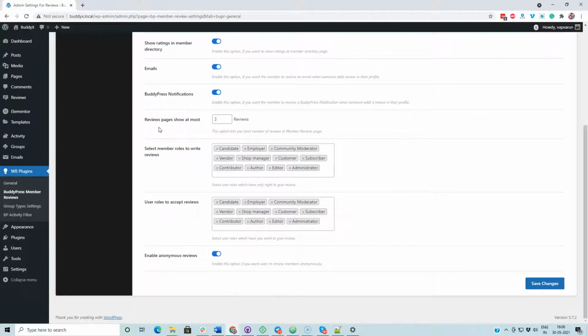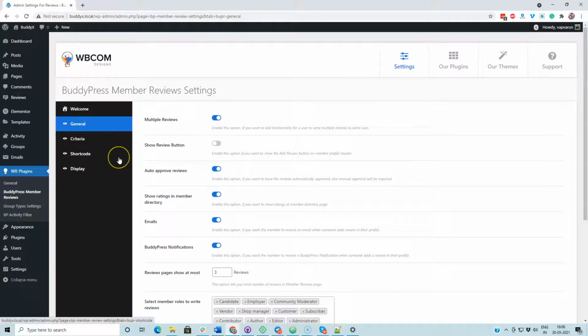You can also have better control over how many reviews you are planning to display on a particular page. And we have included these functionalities role based, like who can add reviews, or on which type of profile, based on user roles, a review can be submitted. Okay, these are the general configuration.